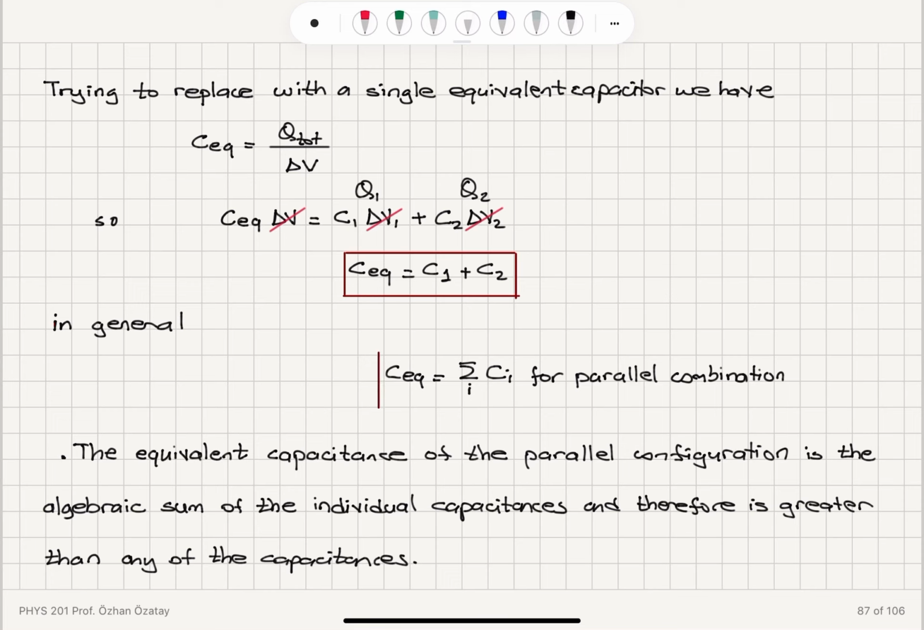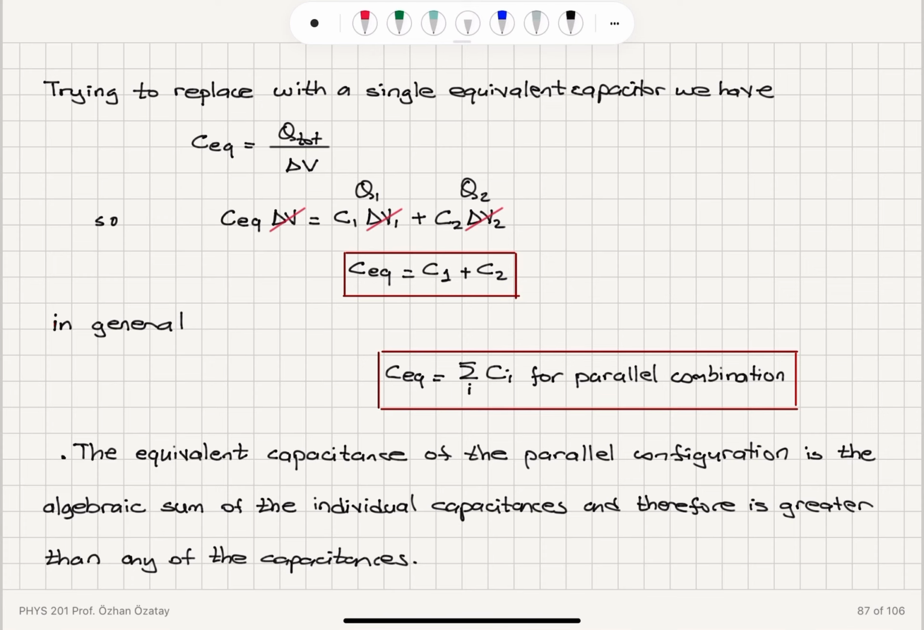So when we put these capacitors in parallel connection, the equivalent capacitance is the sum of the individual capacitances. The equivalent capacitance of the parallel configuration is the algebraic sum of the individual capacitances, and therefore is greater than any of the capacitances. So by placing these capacitors in parallel configuration, we basically make sure that we have a